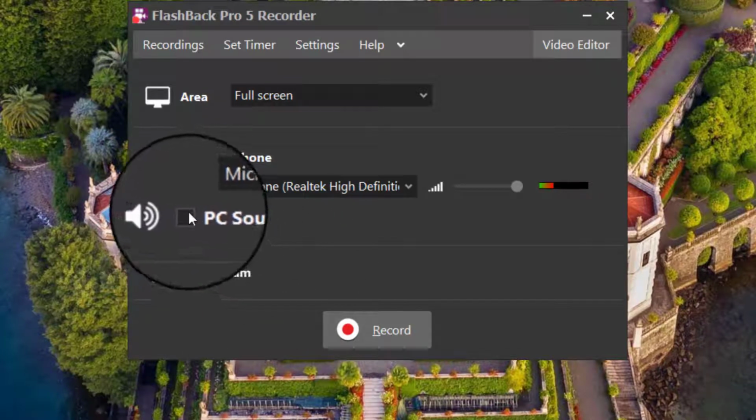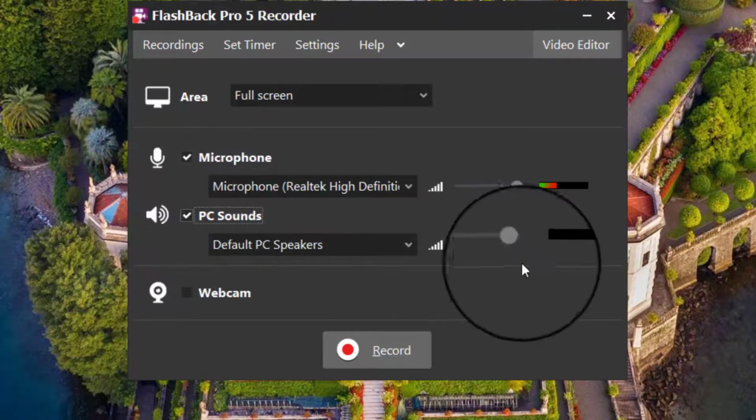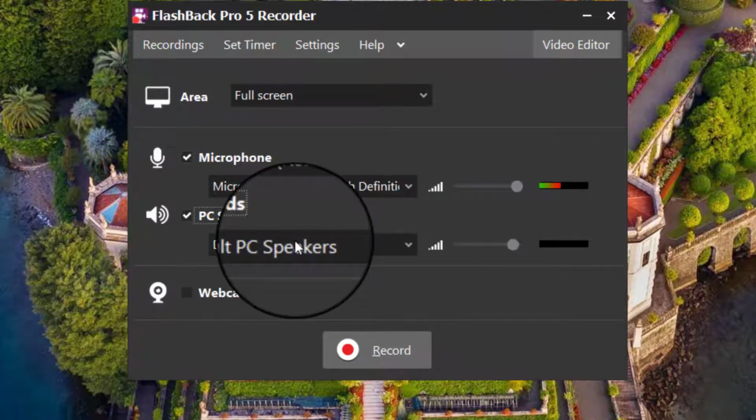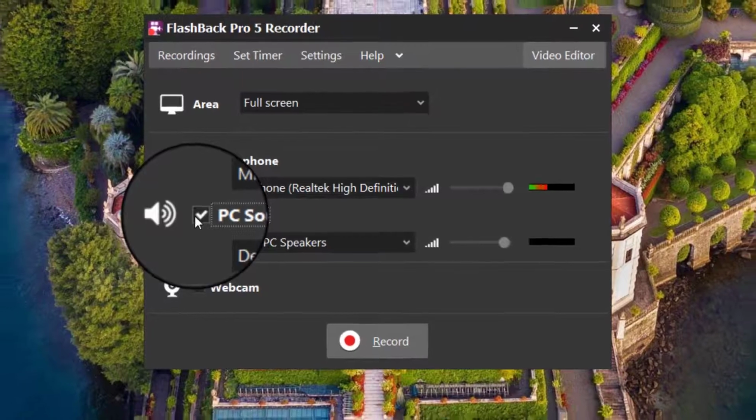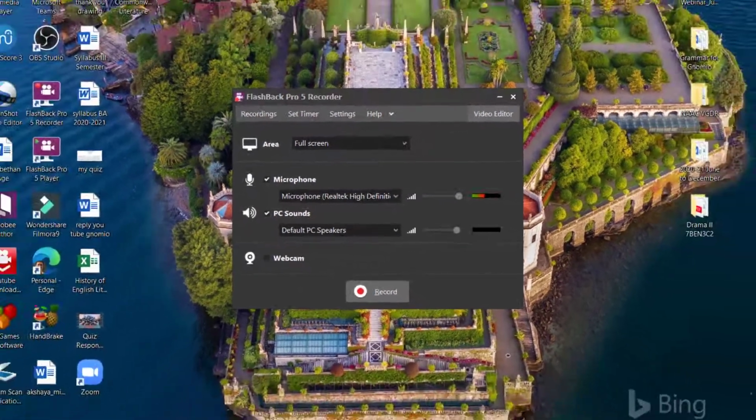Now coming to PC. See, it is not enabled now. If I enable PC, you can see there is the default PC speaker. What does it mean? When you are taking a lesson through PPT, if you want to show some YouTube link as a reference tool, then the students should get the voice from the YouTube. Otherwise, they will not be able to. Only when you enable this. Let me demo it with an example.